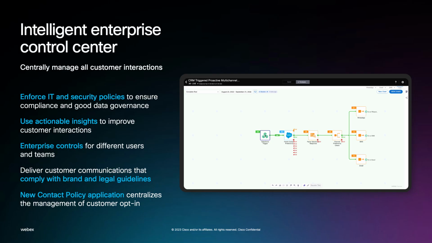So we've talked about the middle 4 pillars. I said there was, I guess, this wrapper, let's call it, around the outside that makes this truly, truly enterprise grade. And to be truly enterprise grade, you need all of this. You need to be able to enforce IT and security policies, actionable insights. You need these controls, role-based access controls for different users and different teams to only give access to certain people